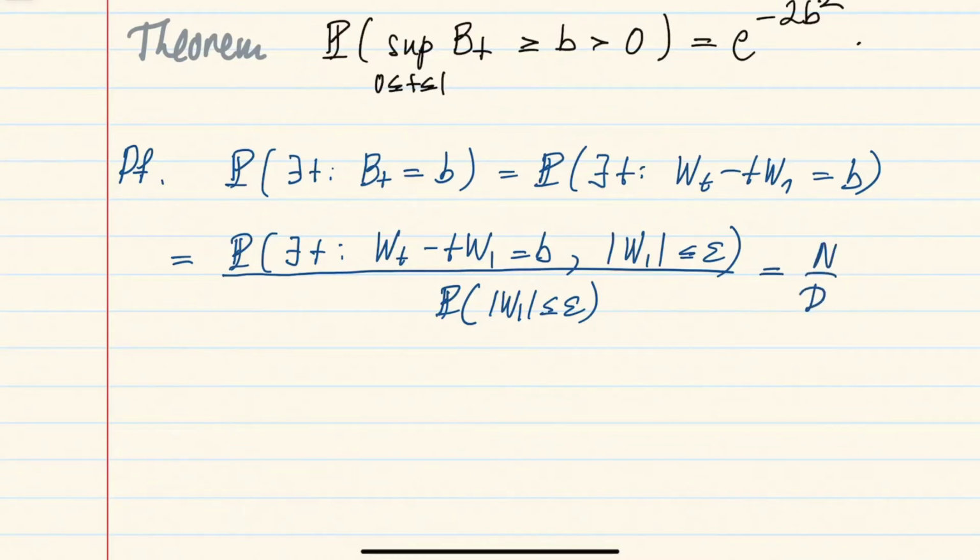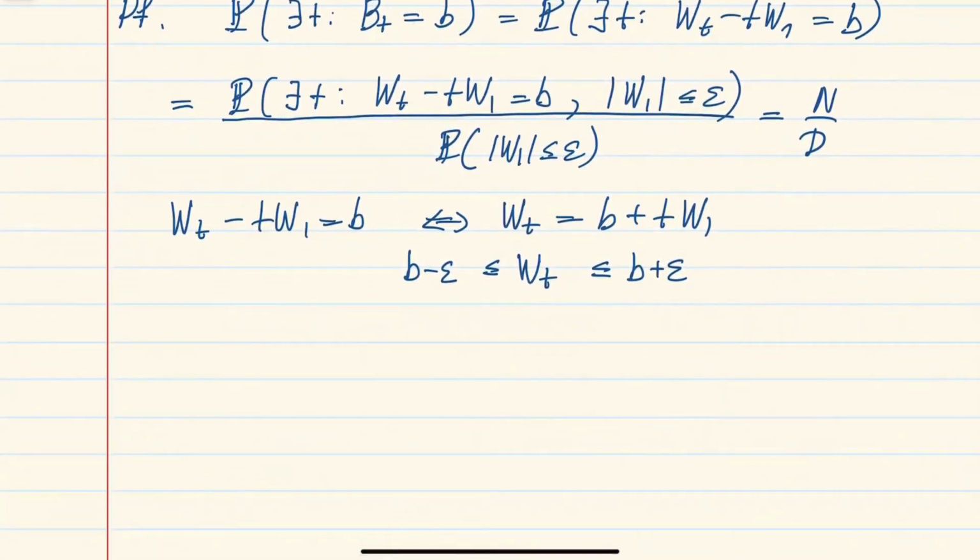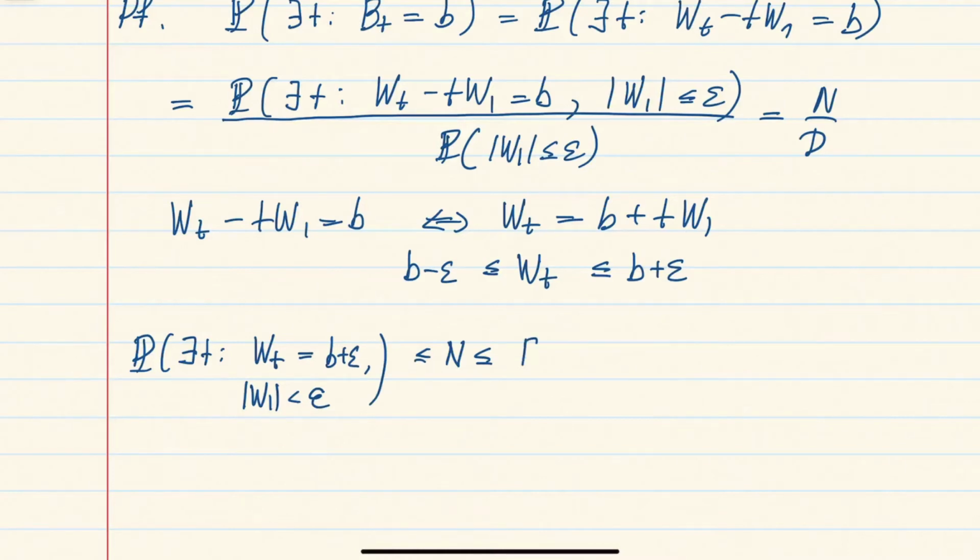And now let's write this as numerator over denominator. And in the numerator, let's notice that if we rewrite this first equation as wt equals b plus t w1, the fact that we intersect with the event that w1 is less than epsilon means that this wt here can be squeezed in between b plus epsilon and b minus epsilon. So in particular, the probability in the numerator can be bounded from two sides by saying that there exists a t on the interval 0, 1 such that wt crosses level b plus epsilon, intersected with w1 less than epsilon,